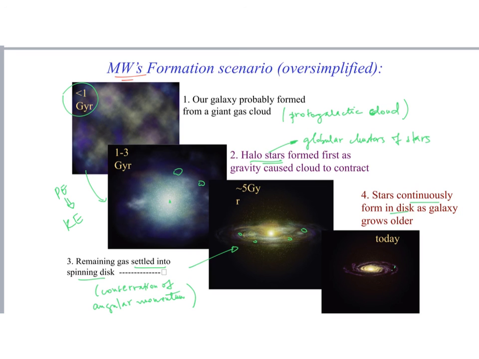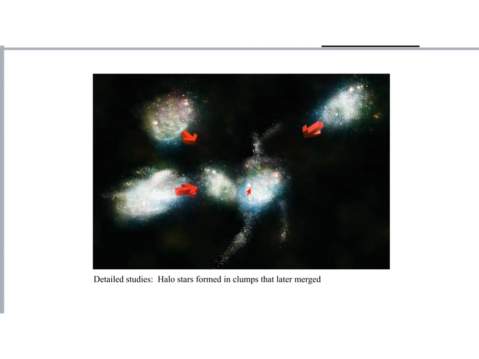There are some other older ones that have been formed, but also with other things that are older that must have formed before the disk was formed. And then, of course, there are detailed studies that might also suggest the idea that the halo stars formed actually in clumps that later merged. And we do actually have some